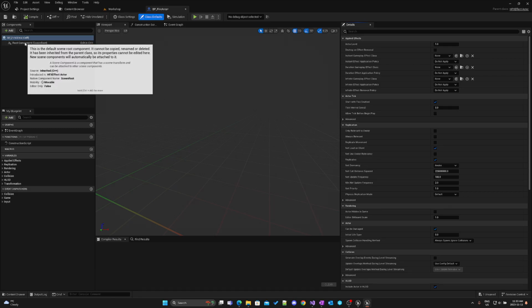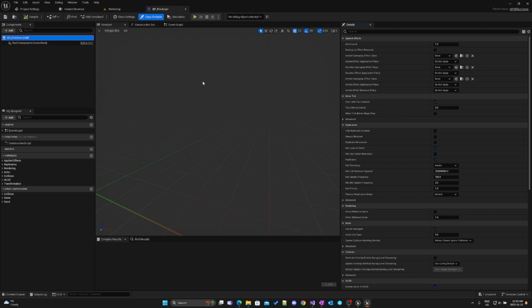So here we are. We've got our root component, and that's all we've got in here. And so if we look, we've got an actor level. We can just tell whether to destroy it on effect removal. We'll leave that as false. And here's all of those options that we can set. So is it going to be an instant? Is it going to be a duration based? Is it going to be infinite? So a lava pool or whatever, we're going to say that it's going to be a